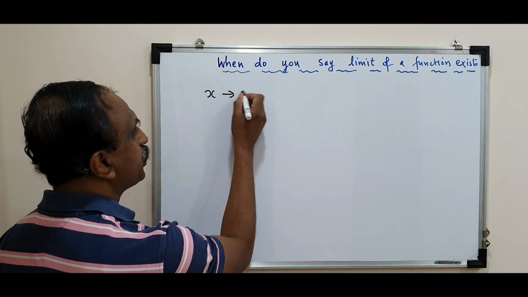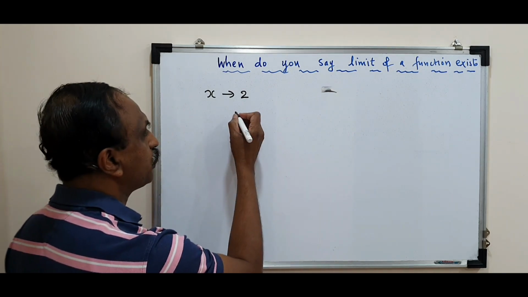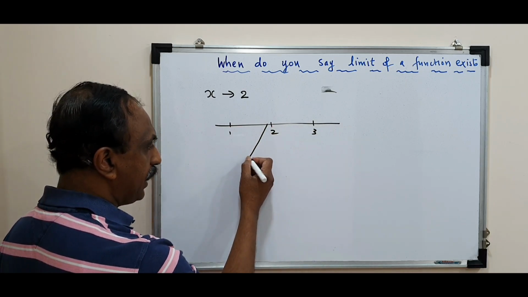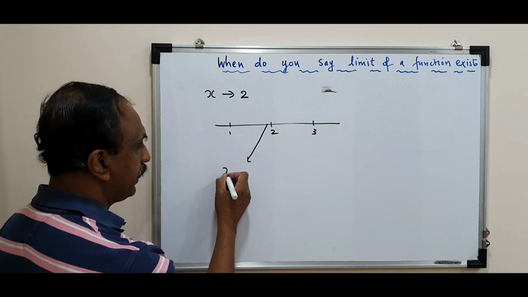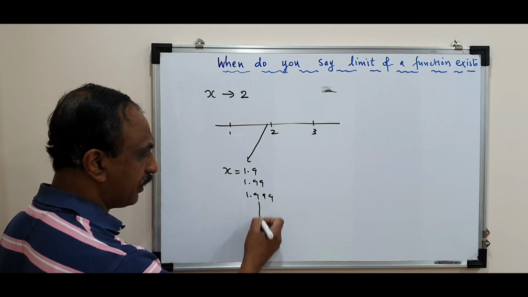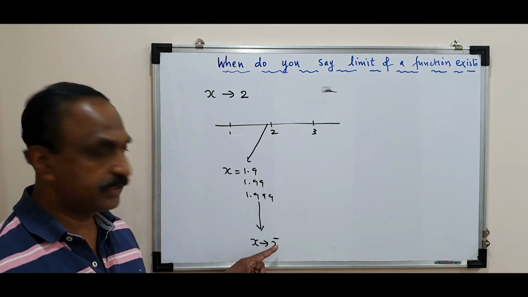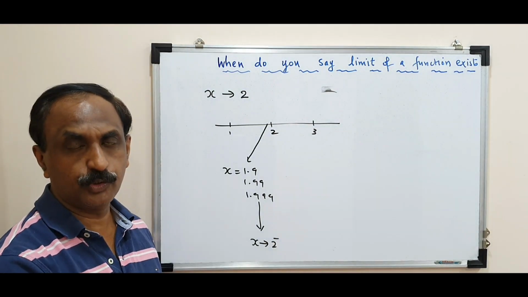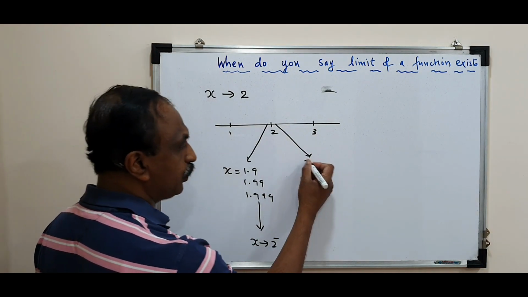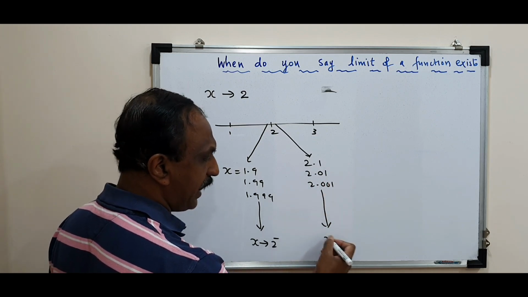Let's say x is approaching 2. Here is the number line, 2 here, 3 here, 1 here. If you take values a little less than 2, they are 1.9, 1.99, 1.999, etc. We call it x tending to 2 minus. So whenever you put a minus above 2, it means near to 2 but less than 2. If x takes values a little more than 2, let's say 2.1, 2.01, 2.001, this is known as x approaching 2